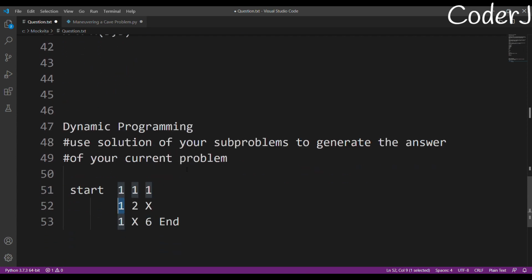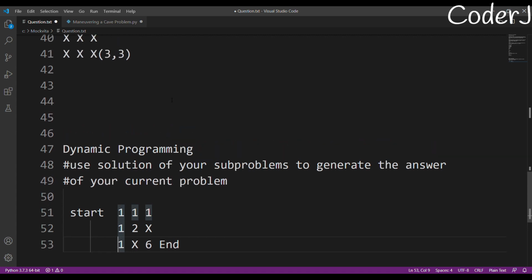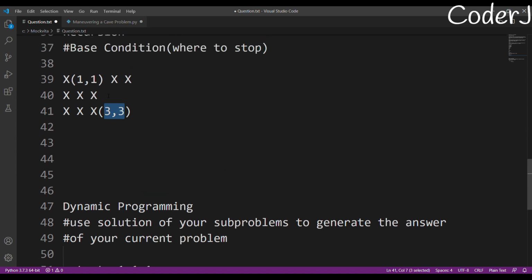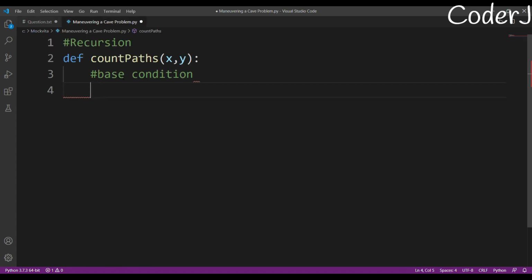We have seen in dynamic programming that if the row is 0 or if the column is 0, then the value should be 1. Why? Because we know that the total number of paths to reach that particular point is 1, right? So that will be our base condition because we start from 3 3. We need to calculate the total number of paths from 3 3, right? But right now I don't know the total number of paths anywhere, and in order to calculate this part I need to at least have solved a few paths, right? So that is why I need to use my base condition. It will actually help me return from where I started.